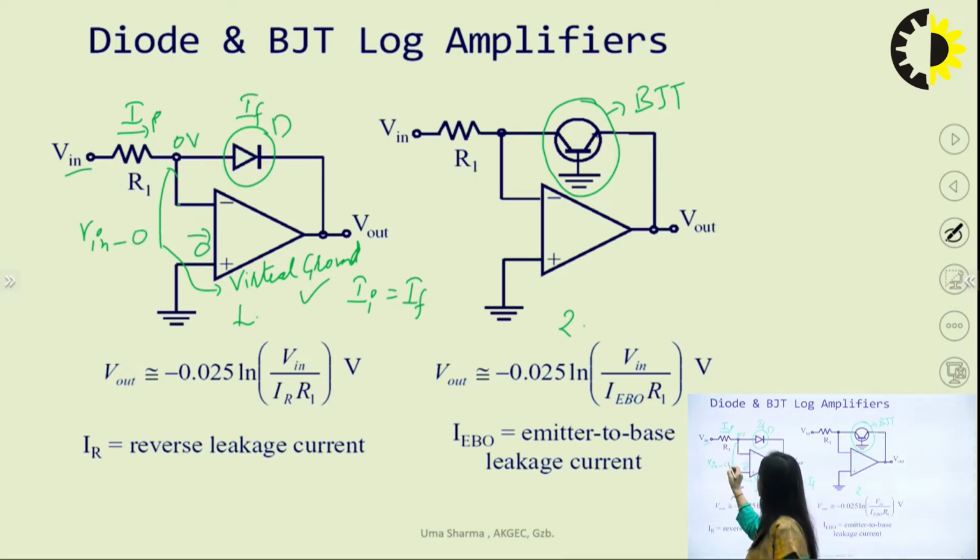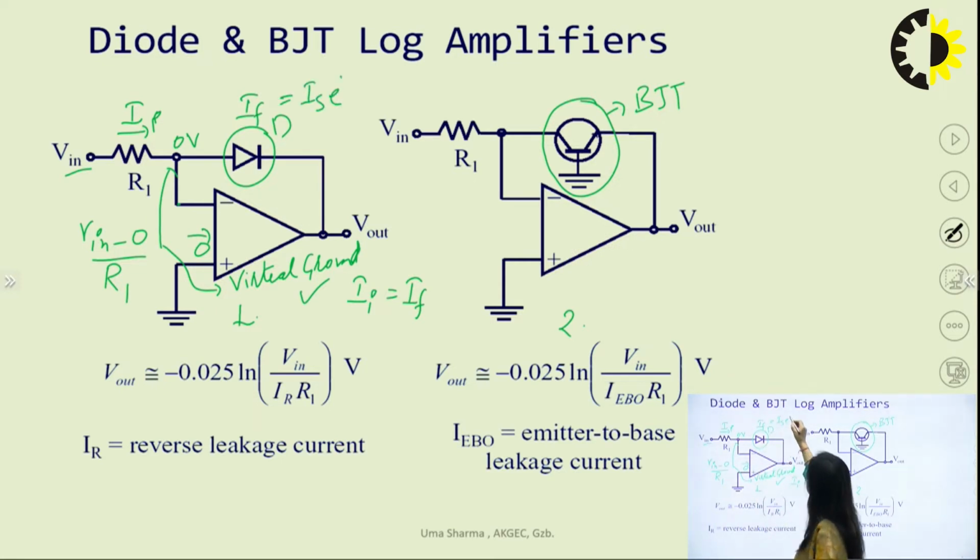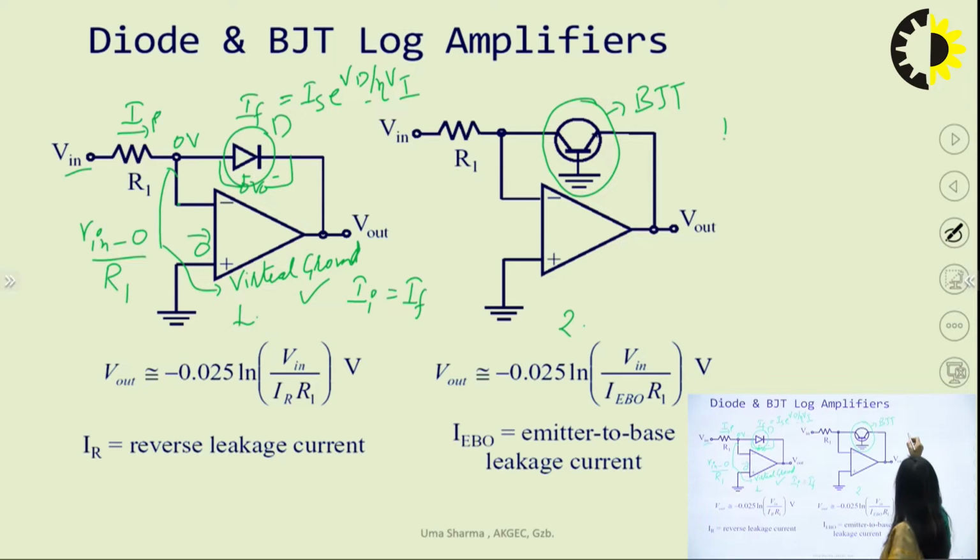So V in minus 0 by R1 is the value of I1 current, and you can write the expression for IF, and this IF is equal to IS e to the power VD by eta VT, where VD is the voltage across this diode, this is the forward bias voltage, and VT is the thermal voltage, eta is the ideality factor,